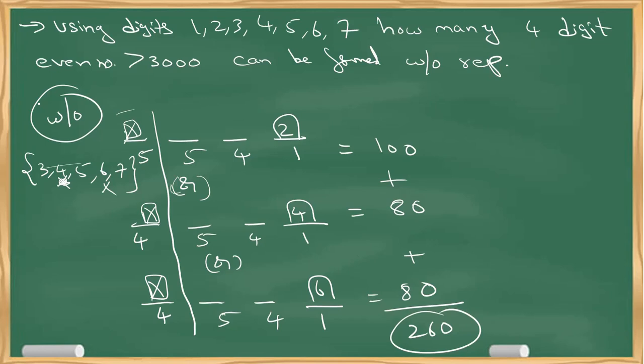You need not struggle much when we discuss the repetition case. It is very easy and you will not struggle with overlapping, because it is quite simple. Two conditions. One, it has to be even. So three possibilities. It has to be greater than 5005. Remaining is 7 and 7. That's it.